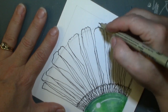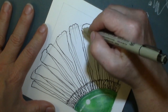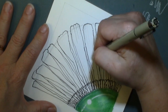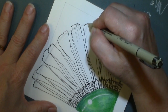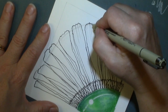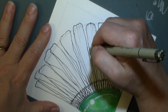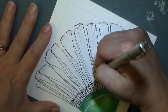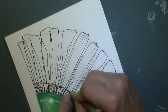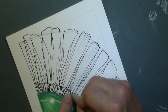See how that goes? Look at that. I'm going to do that some more up here. All of these little jaggedy spots give you places for the petals to be ruffled. I'm putting the pen down pretty hard on that line, but when I'm pulling it towards myself, I'm flicking the pen. Just giving it some flicks. And I'm going to work my way down to the center. I'm going to flick up, and I'm going to flick up,